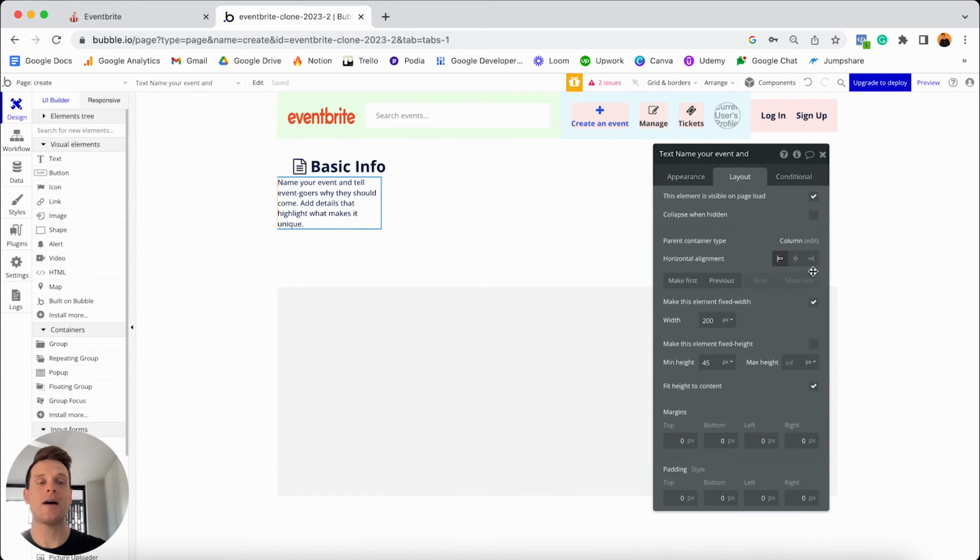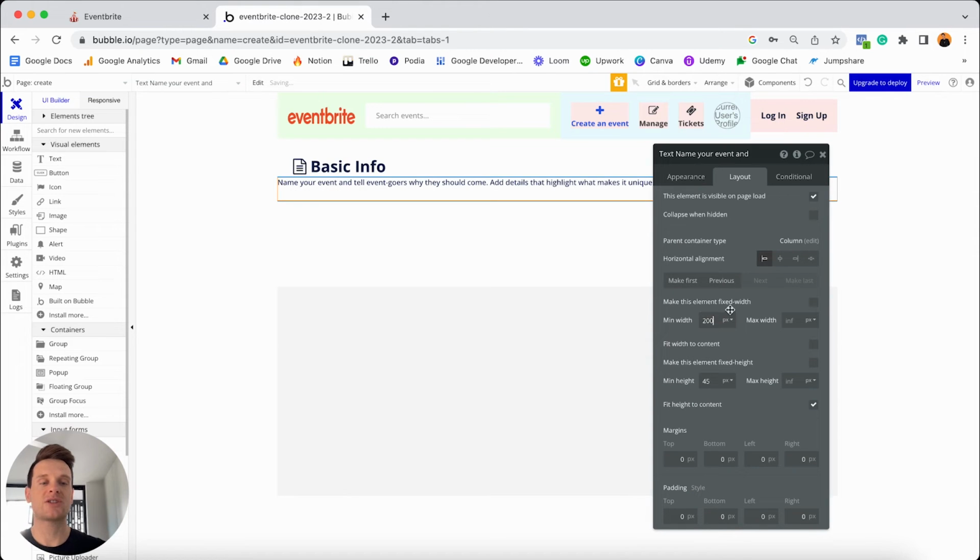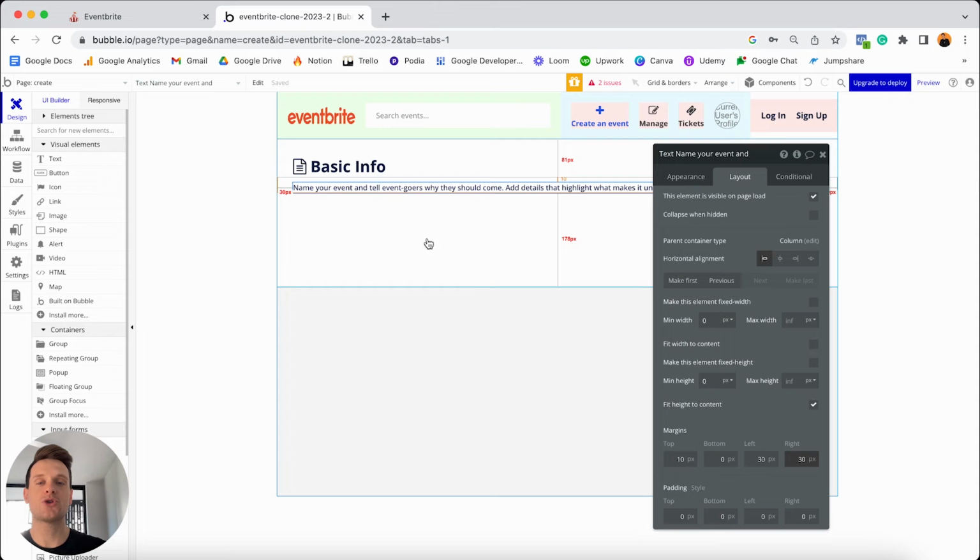my layout tab. I will unselect that this should be a fixed width. I will set the minimum width to be 0, leaving the maximum width as infinite. I'll also set my minimum height to be 0. And then finally, I'm going to add in 10 pixels of margin at the top, 30 on the left, and 30 on the right. And that's going to ensure that it's in line with the existing text element that sits